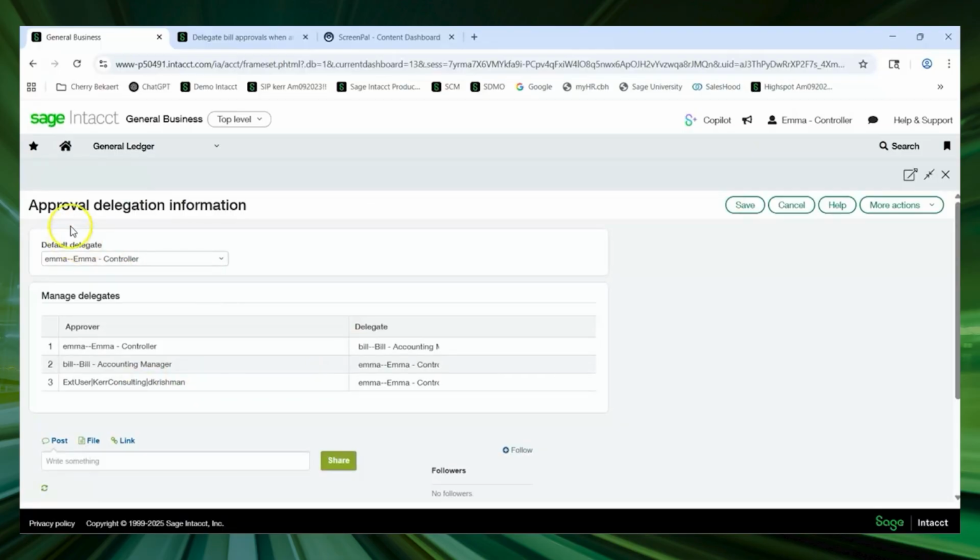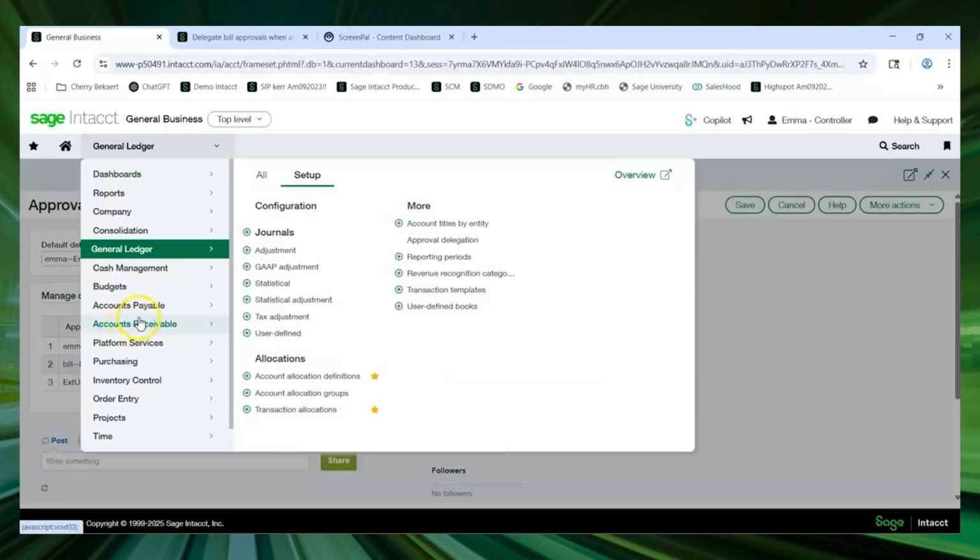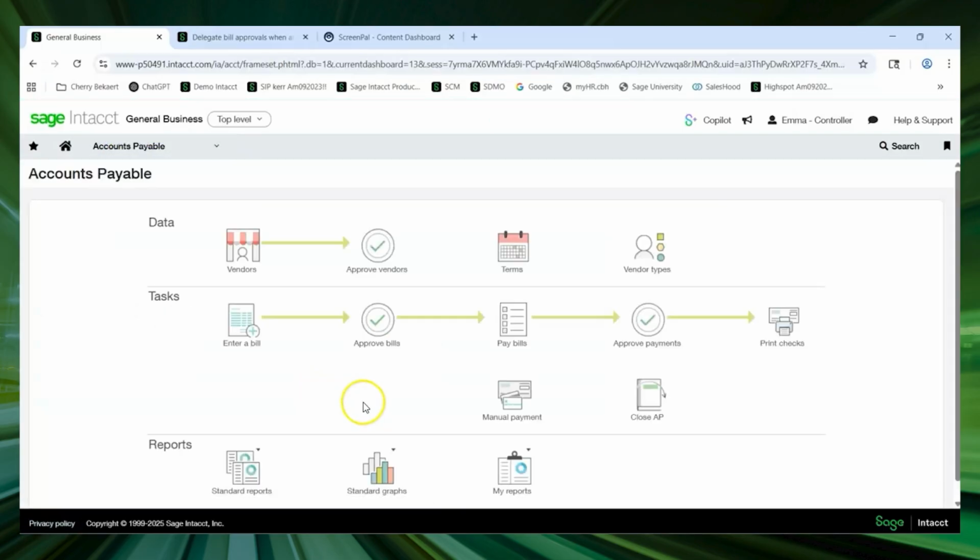As great as that group was, you'll see that in the general ledger, they decided, at least for right now, to just make it a particular user instead of a user group. So Emma is always using Bill, the accounting manager, as her delegate, but then everyone else would use Emma, the controller, as their delegate. And that's the only difference between the two, the use of a user group. And again, this is all to make it so that when someone is on holiday, this approval process will route it to the delegate so that nothing gets held up in a queue just because someone's not active in the system